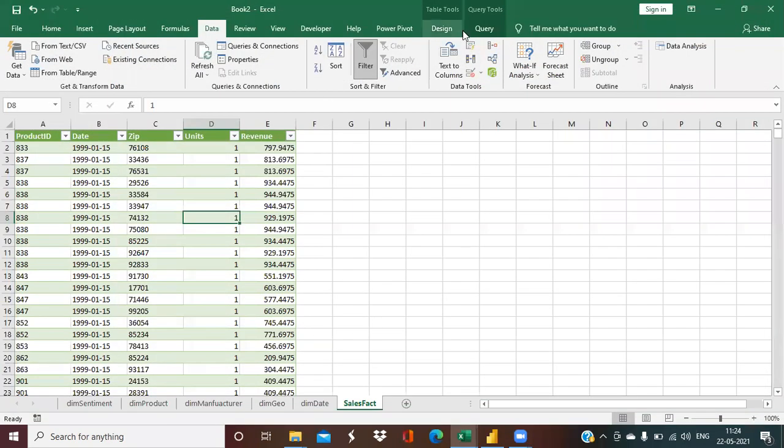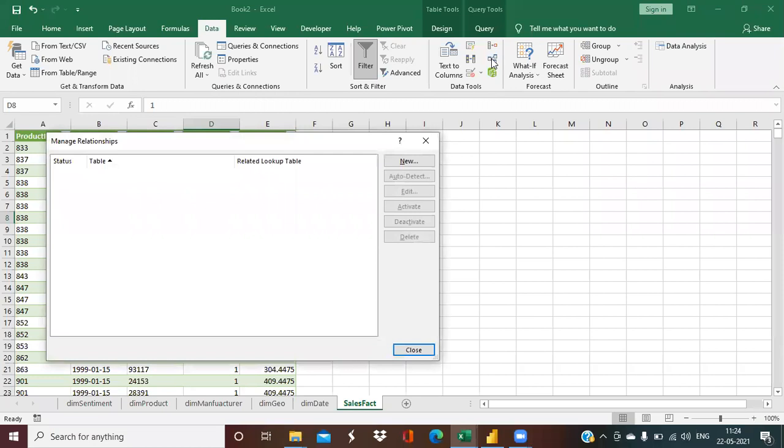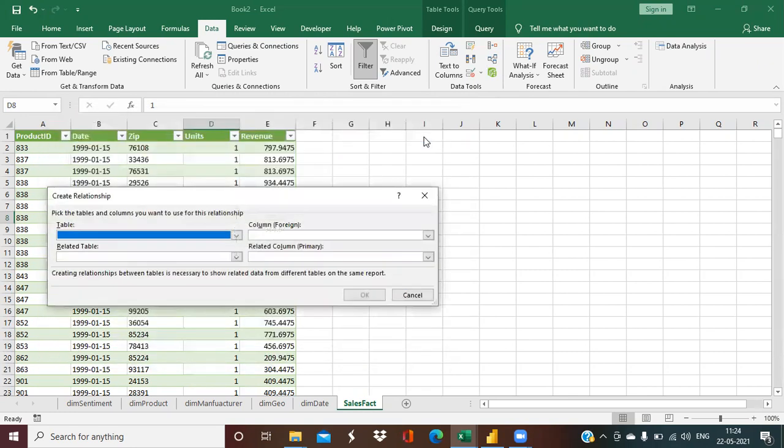What you just need to do is go to this Relationships option. Click on this Relationships option. That is called a data model, which we are going to create here in Excel. It is a very important step when we need to analyze data from multiple tables and combine them into a single pivot table. Click on the Relationships option and click on the New option. Once you click on this, you will find this wizard open up. As soon as you do that, it will ask you to select the table, the foreign key table.